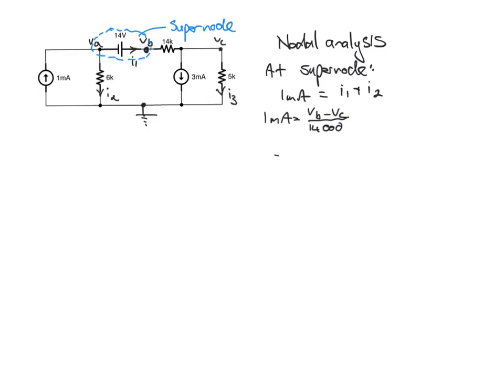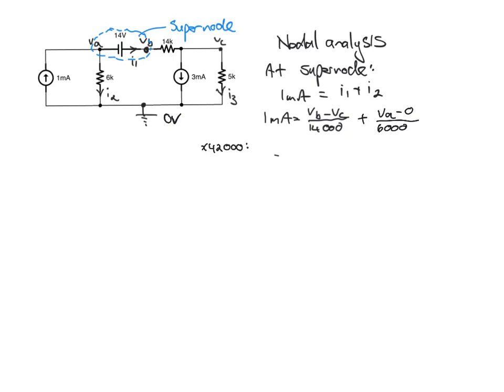And I2 is flowing from VA to our reference node, our 0 volt reference node. So I2 is equal to VA minus 0 divided by 6,000 ohms. And now we're going to multiply that by the smallest common denominator, which is 42,000,